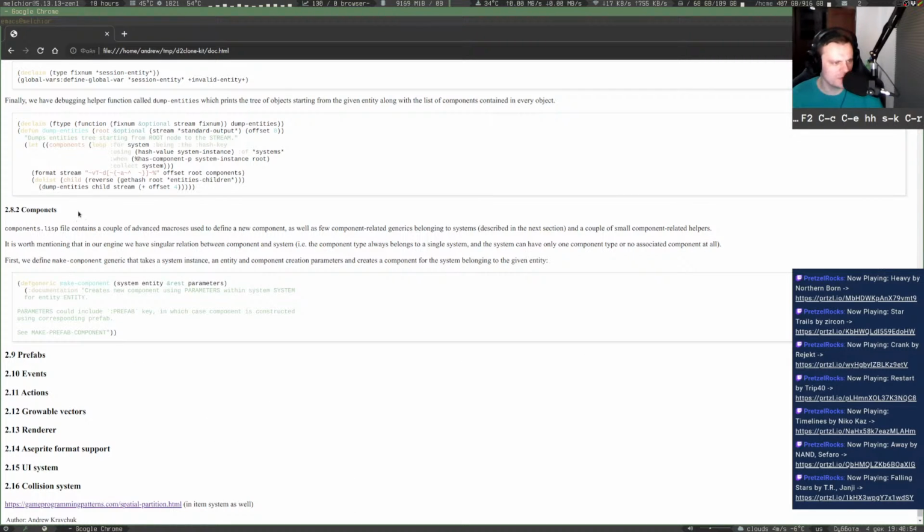So components.lisp file contains a couple of advanced macroses used to define a new component, as well as few component-related generics belonging to systems. Describe to the next section. And a couple of small component-related helpers. Yeah, that will do. Okay, so it is worth mentioning that in our engine we have singular relation between component